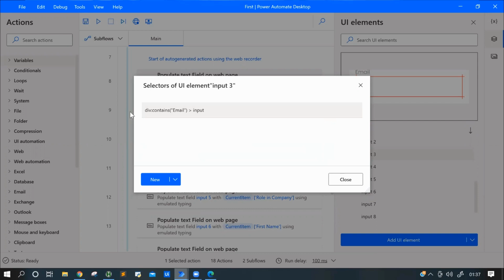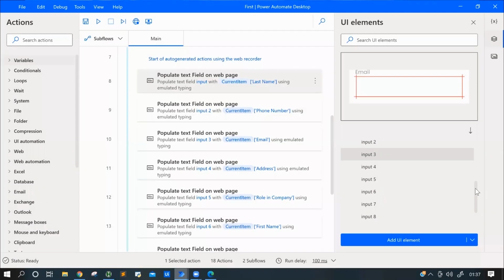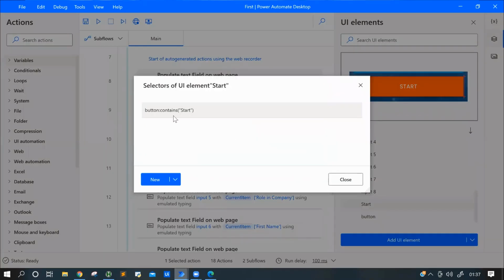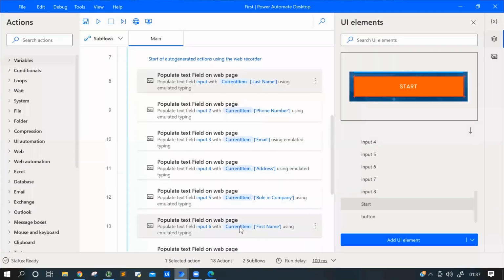Since it's a dynamic variable, sorry, dynamic selectors, that's why I'm showing you how you can use that. And I can show you the start as well, since start is also dynamic: button dot contains colon dot contains, then start. Happy automation.